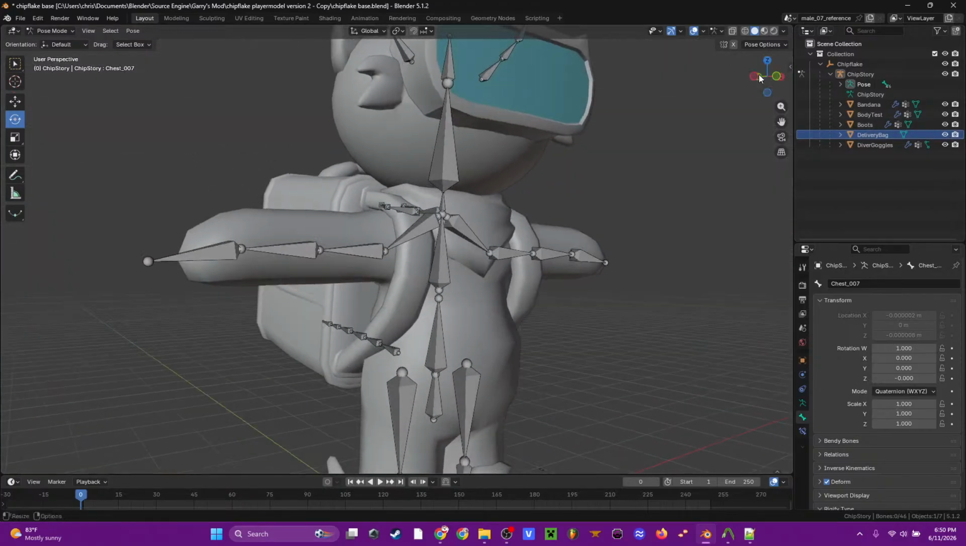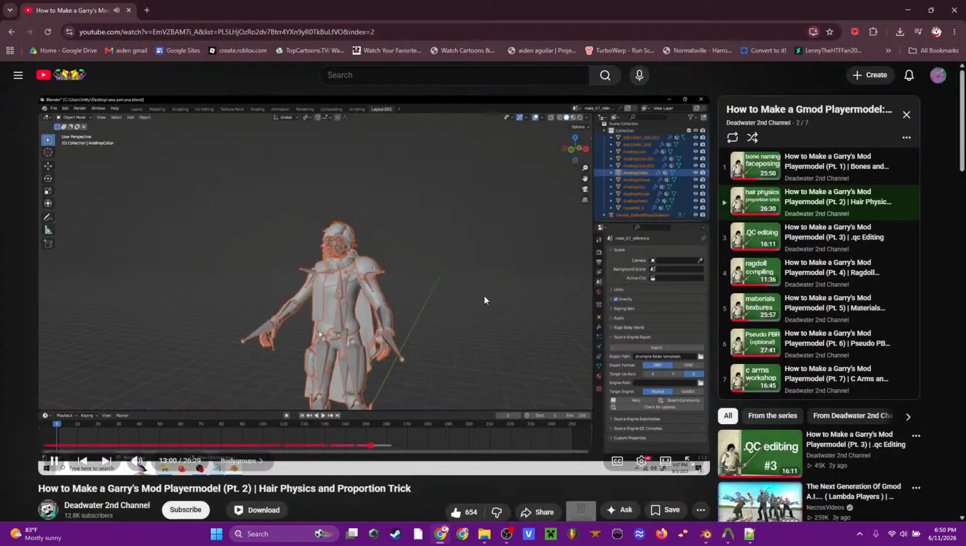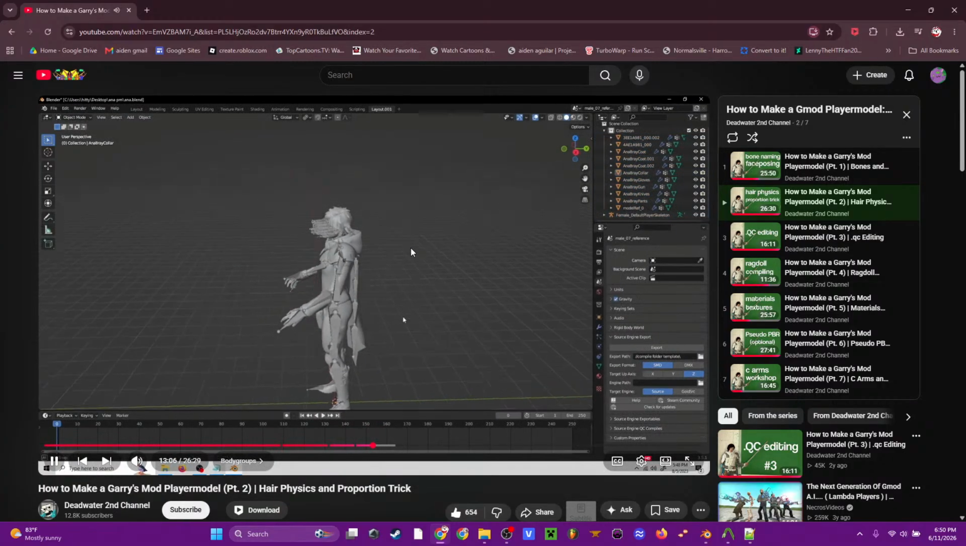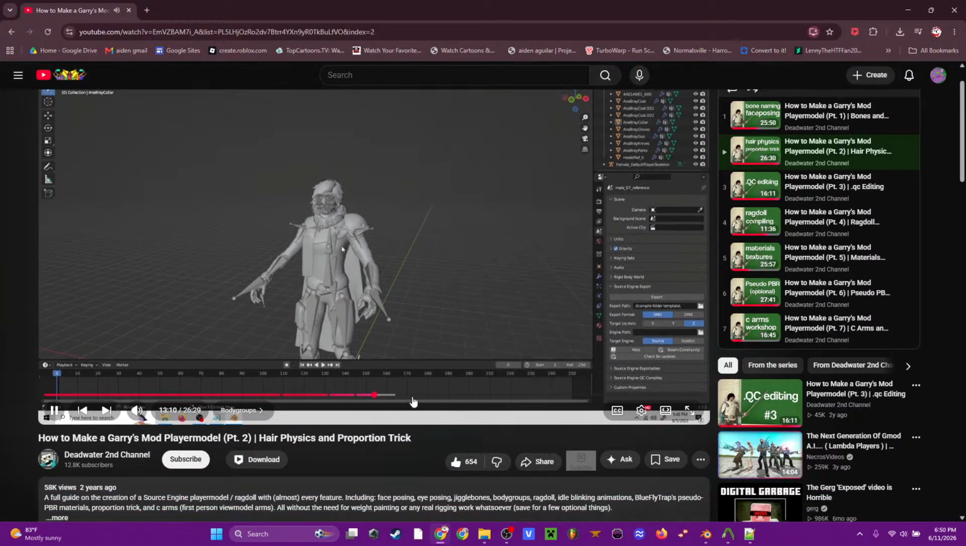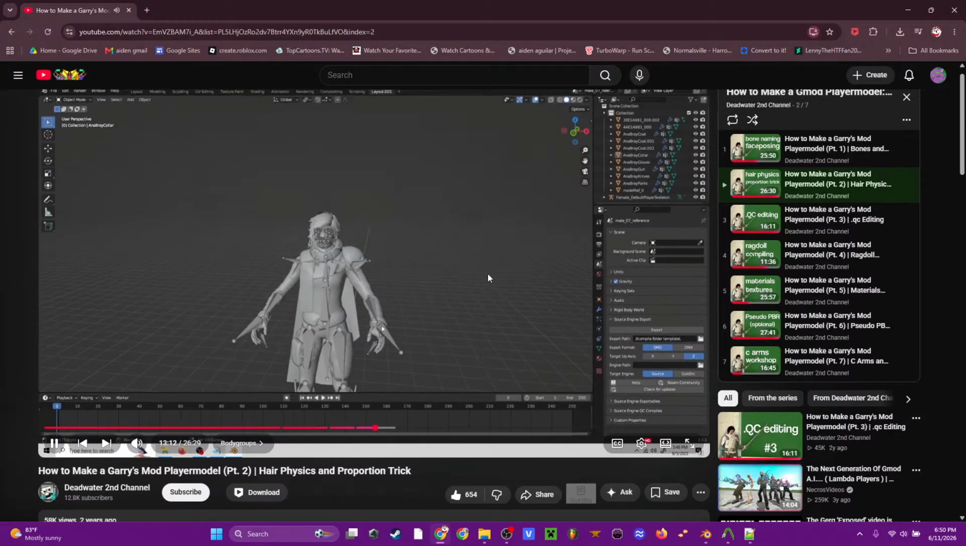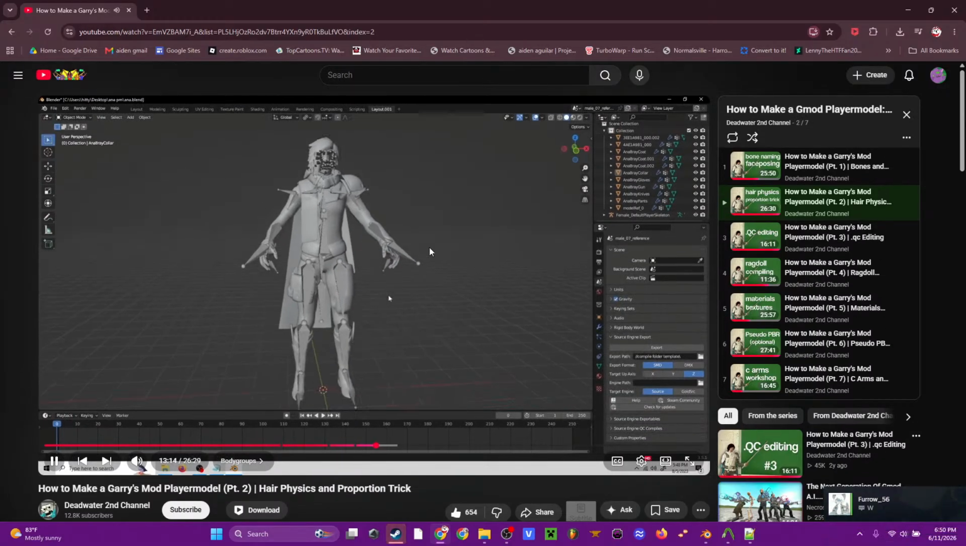So normally I would just combine all of these pieces into one and then hit export. But if we want body groups and we want the ability to disable certain parts of the model, like her cape for instance, we're going to need to keep those models separate. So what I usually